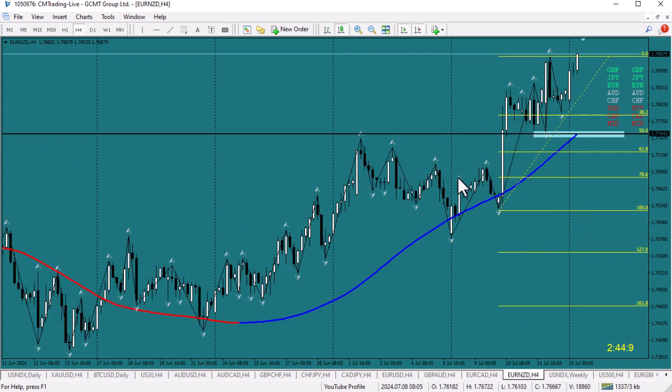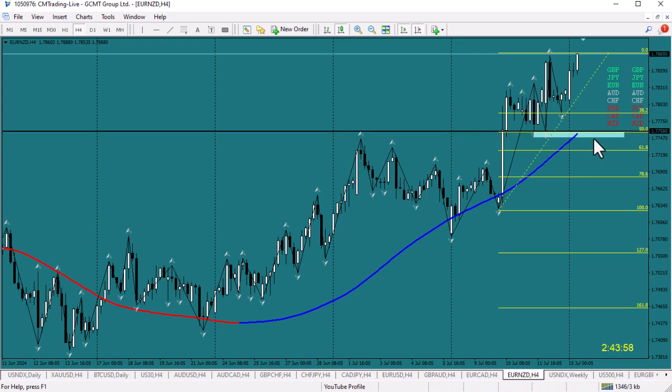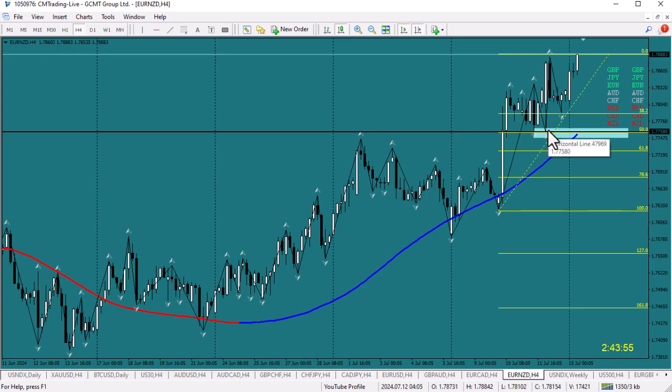Euro New Zealand, very nice run up the page. See, it's already pushing to new highs. But this is the structure here I'm after. Just lift it to pick it up there. This is the level I'm after, is this level here. I'm not saying it will come down there. All I'm saying is if it gets down there, I want to be long, and I'm going to look for some longs.